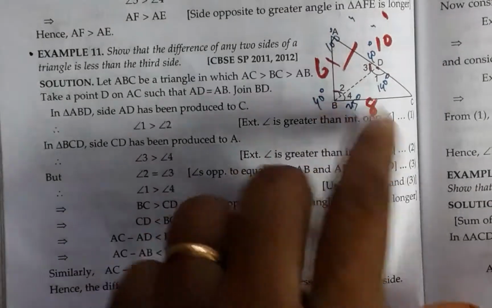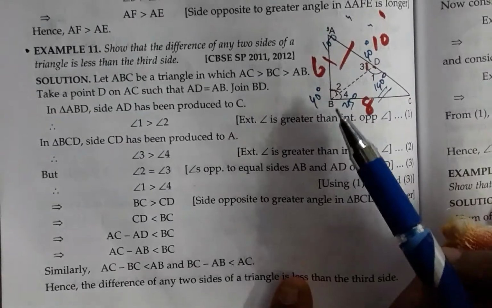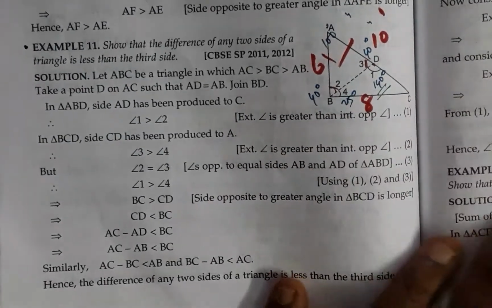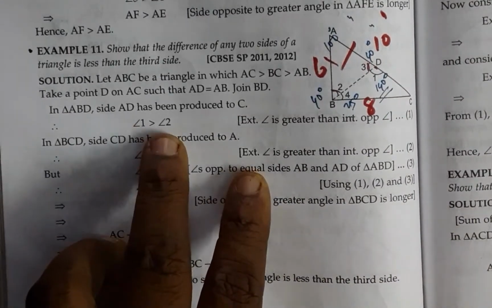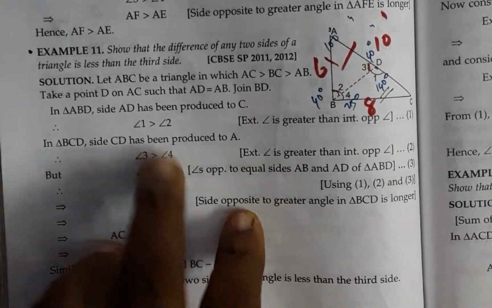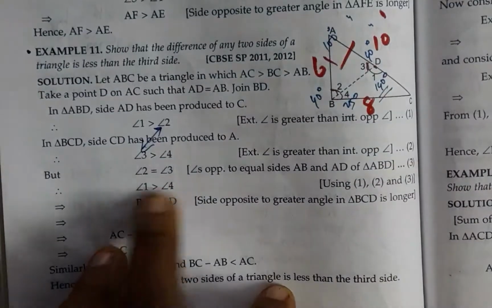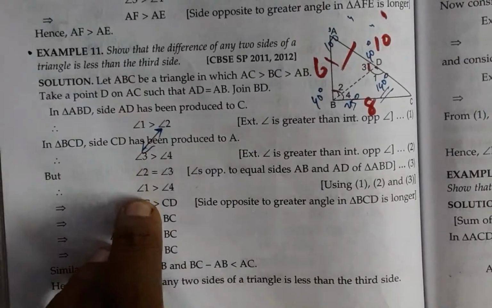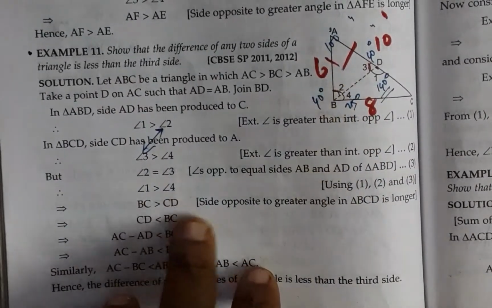And next he is saying 1 is greater than 4. Why? 1, as you can see, 140 degrees is always greater than 4. Yes, because 4 happens to be 25 degrees. And this is what we have been deliberating here. 1 is greater than 2 and 3 is greater than 4, and 2 equals 3. These two being equal, we can comfortably say that 1 is greater than 4. Applying these three things, we have come to this conclusion. With these numericals also, I have already proved that.